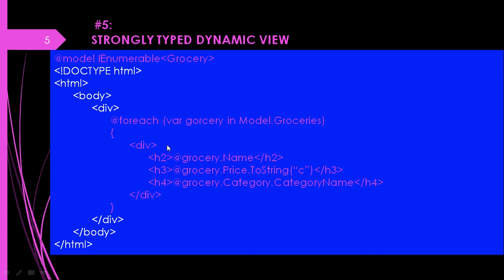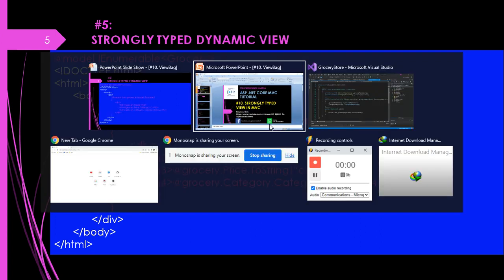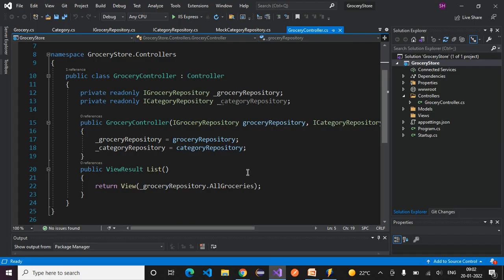Okay, how are we doing this? By looping over each of the items in the list. It will loop over all the groceries in the model, and that model was the list that we passed to the view in the controller code, right? If you observe in our controller, you can see that List is the action